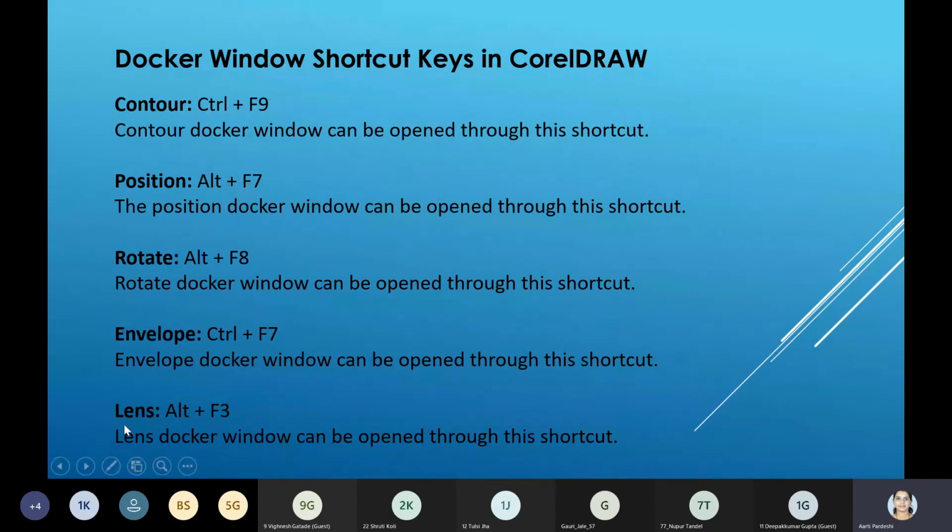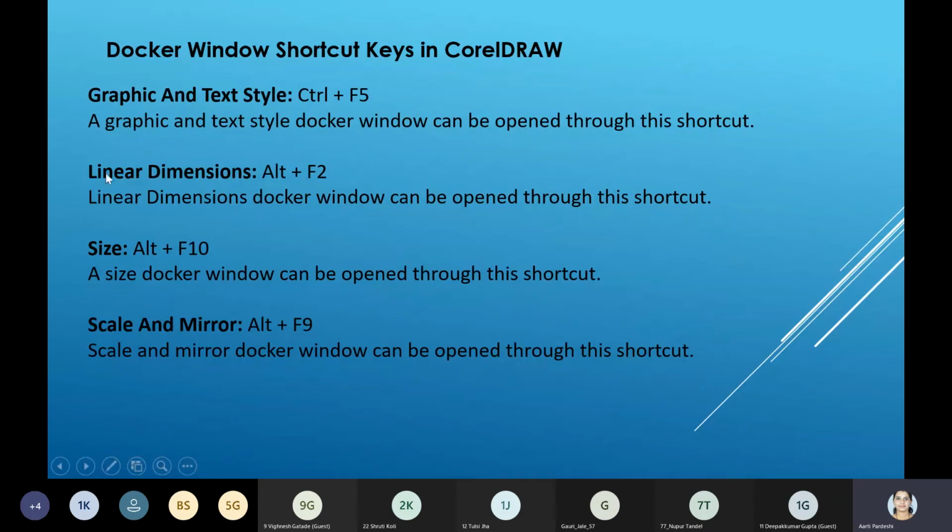If you want to zoom in and zoom out, that is lens, the shortcut key is Alt F3. Next, if you want to open the graphic text style, meaning bold, italic, underline, the shortcut key is Control F5.